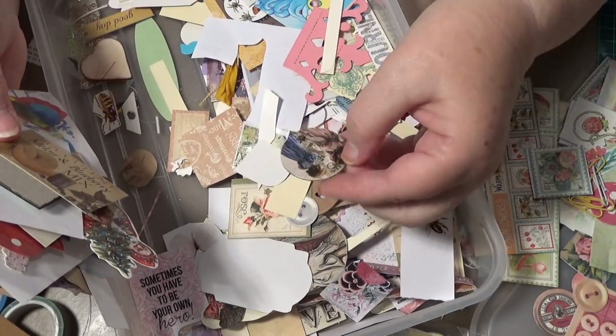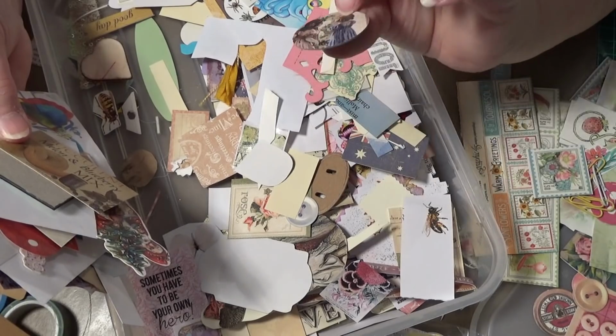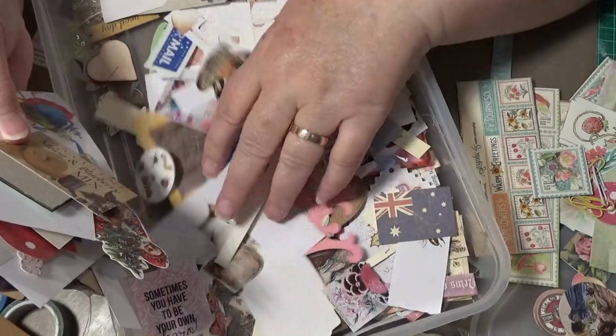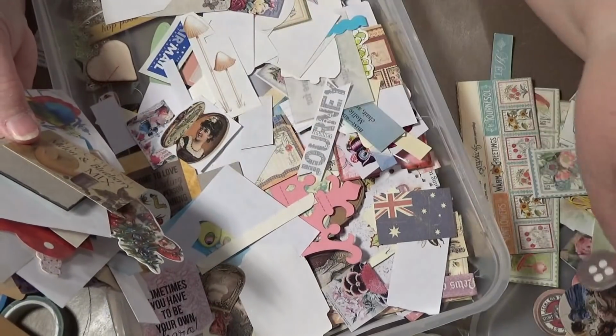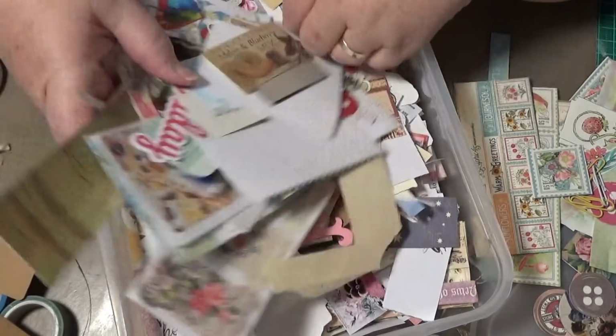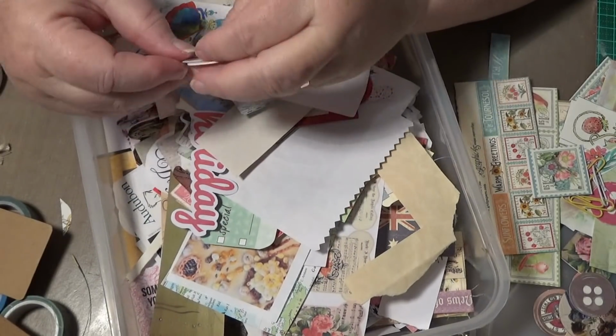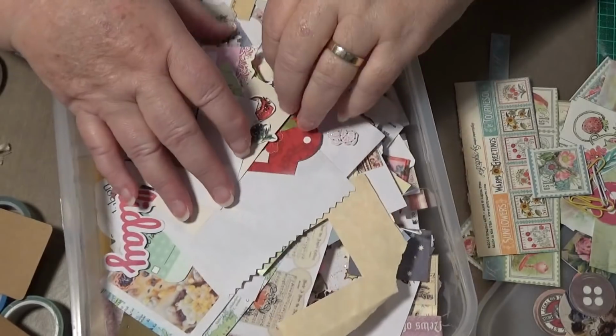That's nice. I do like that. Isn't that pretty? It's a circle. I don't know where it came from. To be honest with you, I do not know. Anyway, so that's enough fluffing around in there, I think. Somebody must have made me that and given me that by the look of it. I think that other button was